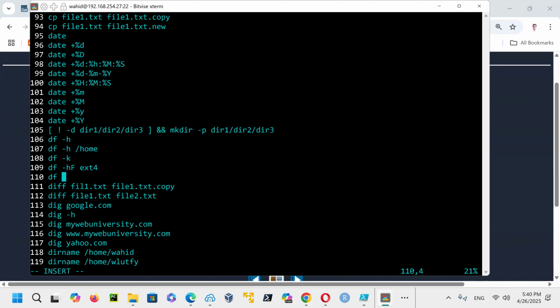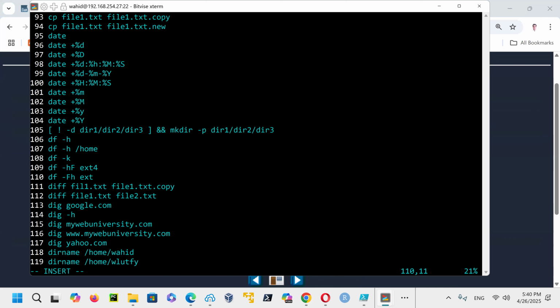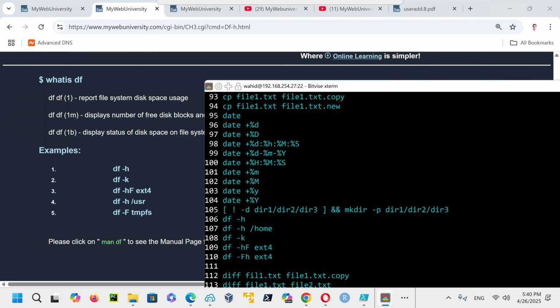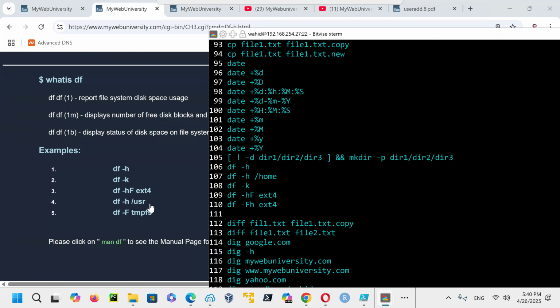This df -Fh ext4 file system would work, and then just to make your system available, now I'm going to allow all of these commands here. So I say df -h is there, df -k is there, df -hF ext4 file system is there.